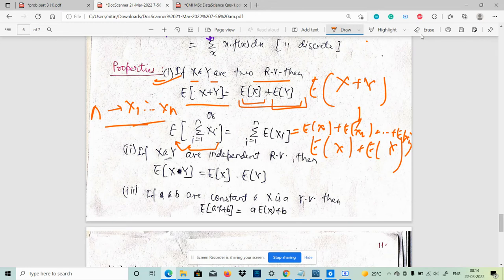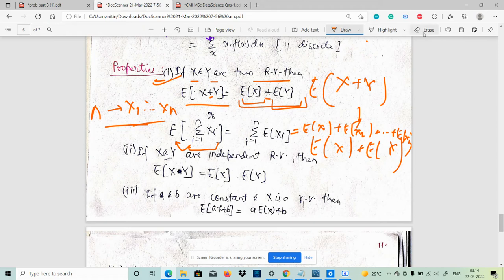So this in general is true. If you want to find the expectation of a sum of random variables, you just need to calculate the expectations of the random variables individually and add those expectations. And it's not only the plus; if it has a minus sign also, you can just replace it with a minus sign. There is nothing to worry about.